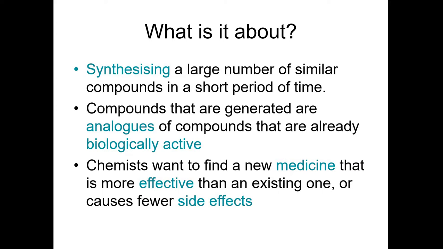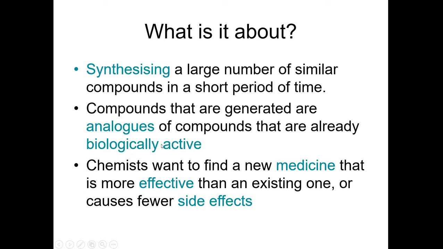Synthesizing a large number of similar compounds in a short period of time. But this is not the same compound. Similar means we are using similar compounds, but within that we are also creating diversity. Why are we opting for combinatorial chemistry? Although it is a similar class of compound, using different combinations there is diversity that we are looking for. It might be a good drug for the disease within a short period of time.